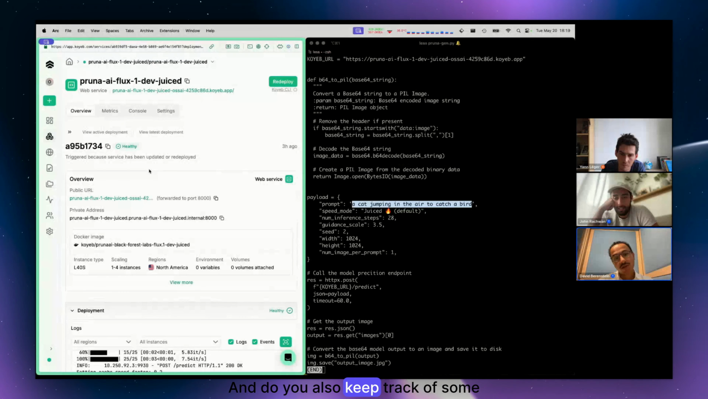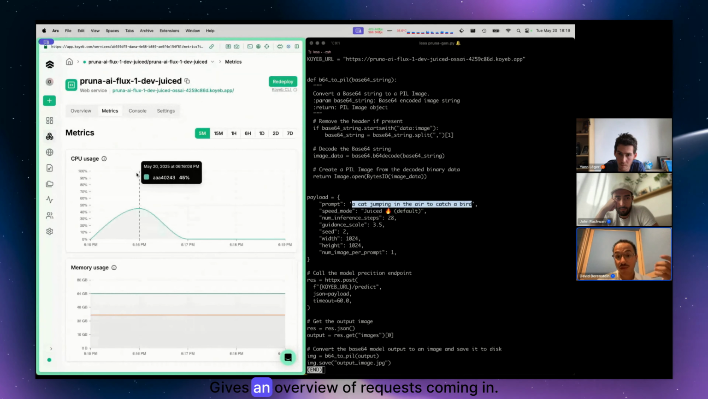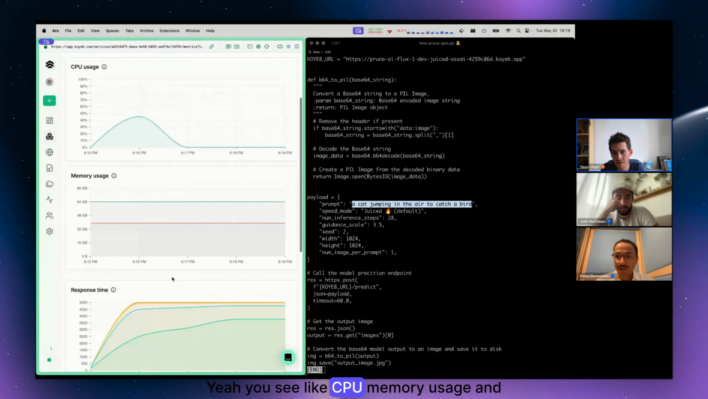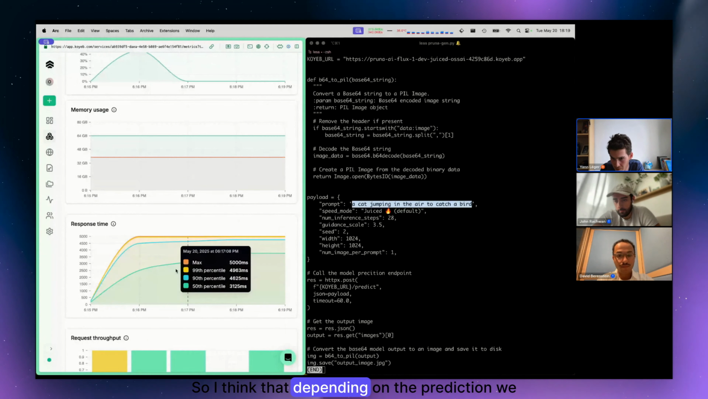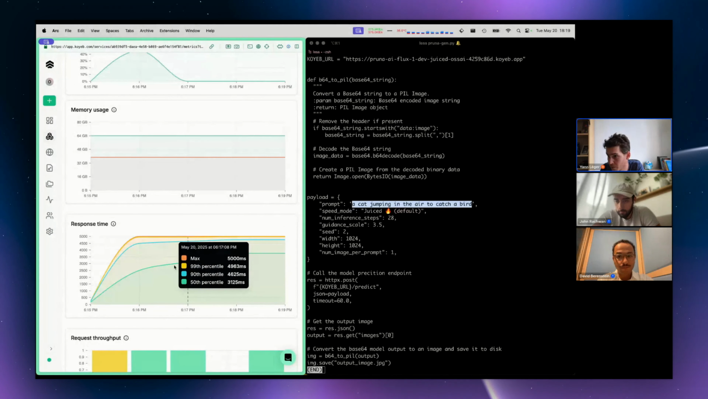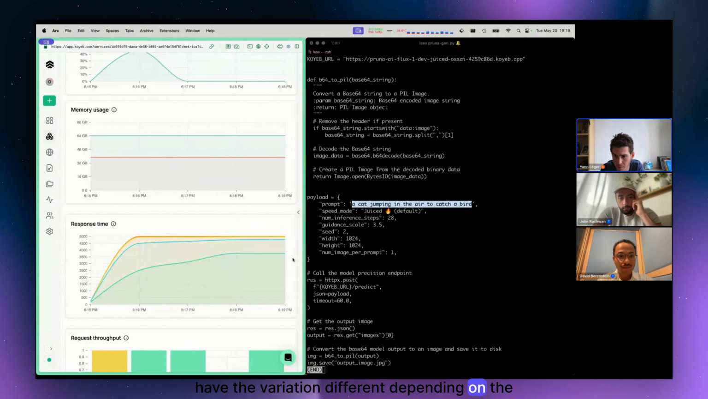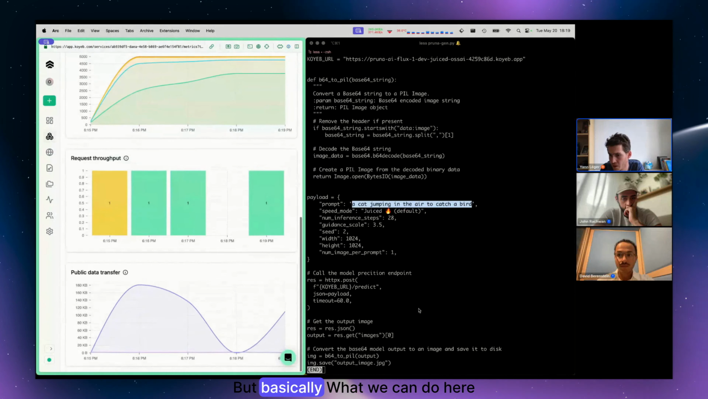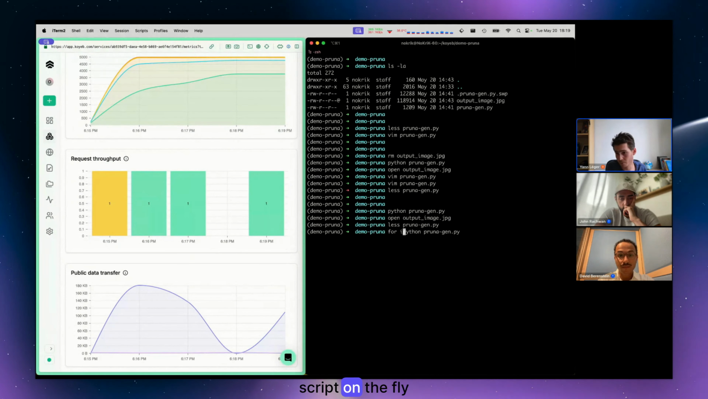Okay, great. And do you also keep track of some metrics? I can see a tab there that gives an overview of requests coming in, CPU, GPU usage. And yeah, you see CPU memory usage and response time. I think that depending on the prediction we made, that's probably why we have the variation depending on the parameter we gave. We see there was only one request, but basically what we can do here is write a simple script on the fly